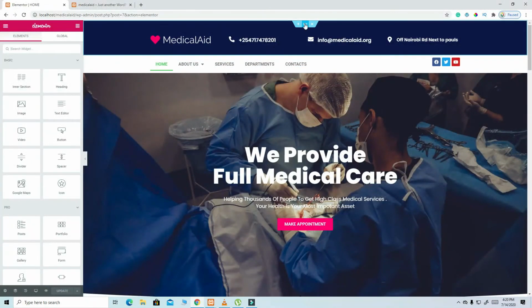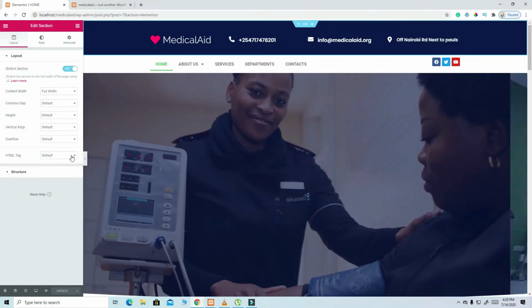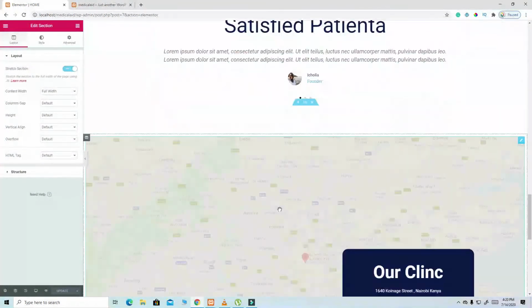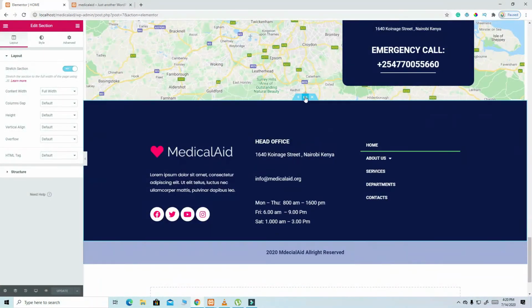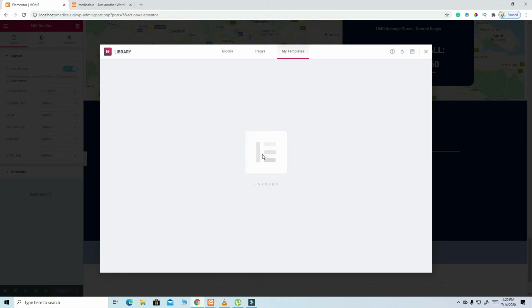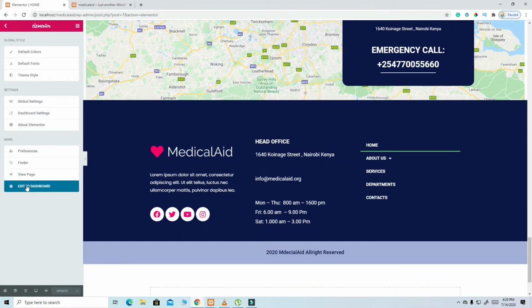So my header here, let me keep this part. I'm going to click this part, right click it, and then I'll save it as a template, and then I say footer, and I'll save it. Right, so we wait for it to save. It is now in our template. Okay, so I'll close this one, then I'll click here, exit the dashboard,